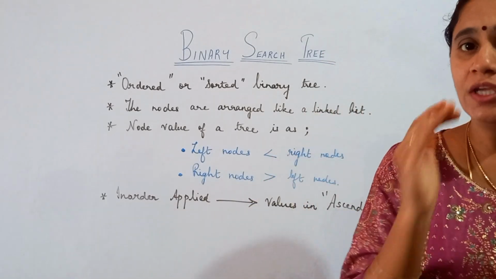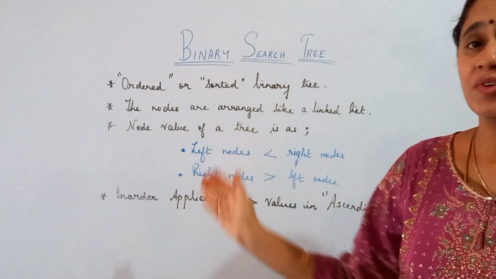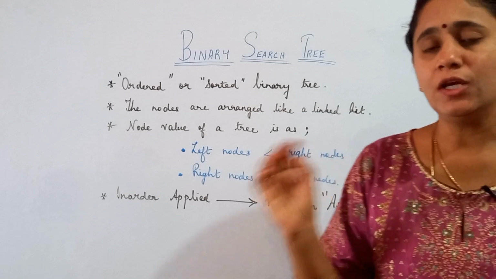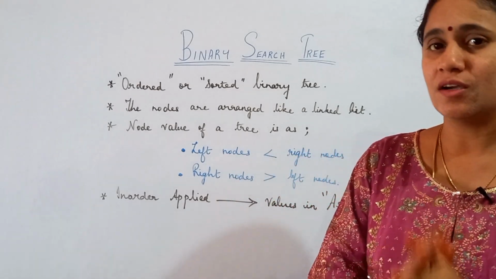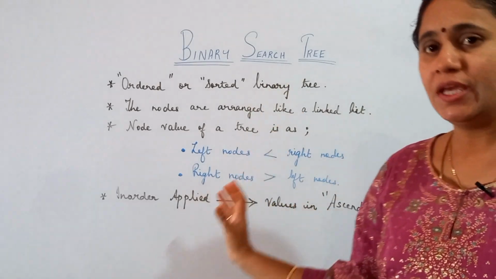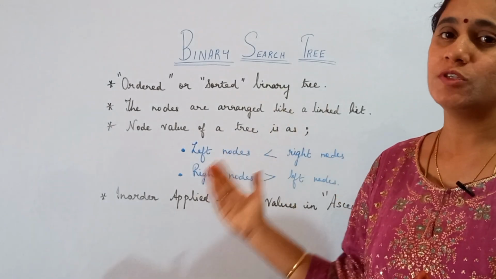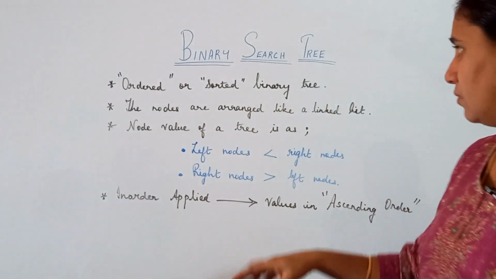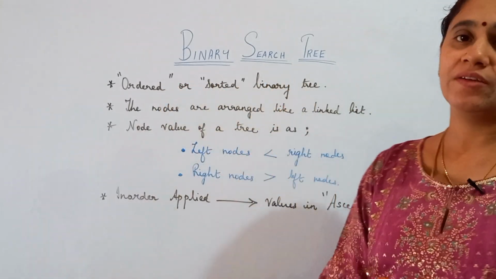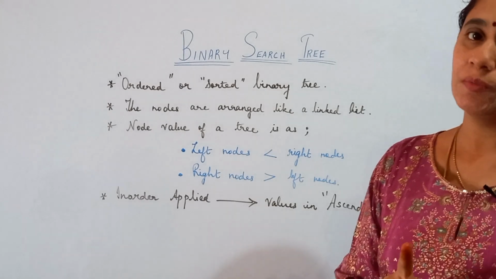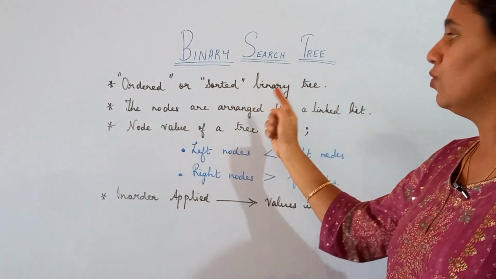Before going into the example explanation, these are some short hints which I have written over here. Please make a note of them so that you will find it easier to understand the concepts. These hints and their applications I am going to write, and then the way of solving if a problem is asked here, friends, right? Now, another name of binary search tree is an ordered or sorted binary tree. These are the words you must remember. So another name of binary search tree is ordered binary tree, or it is also called a sorted